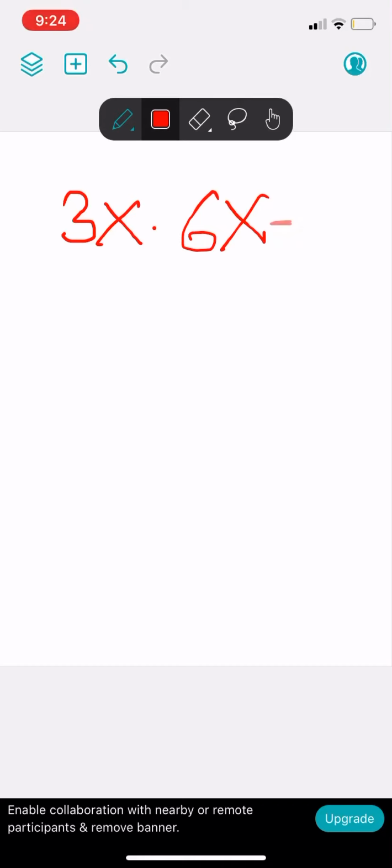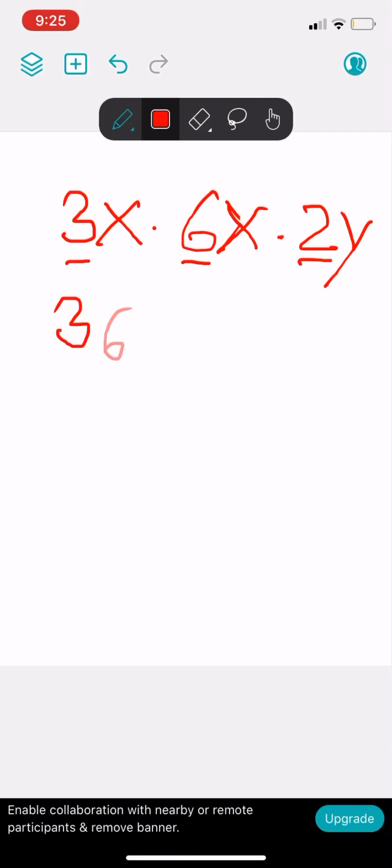Okay, so let me write one more term here. Times, it's not subtract. x times 2y. So here you'll be multiplying the coefficient first. So 3, 6, and 2 are the coefficients of these terms. So 3 times 6 is 18, times 2 is 36. And then you'll be